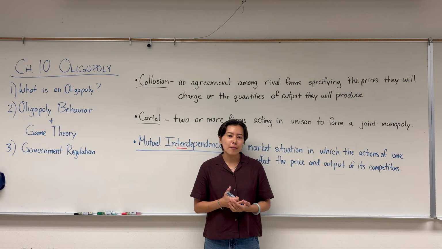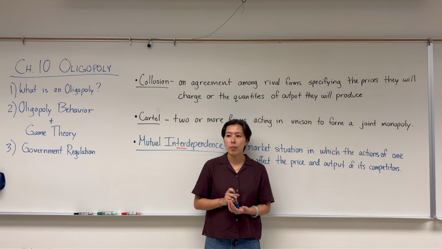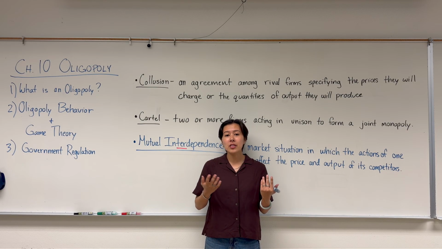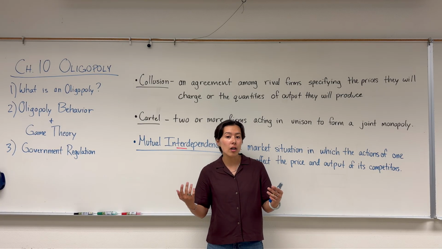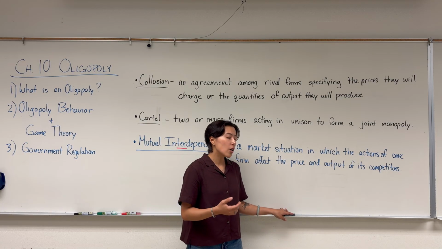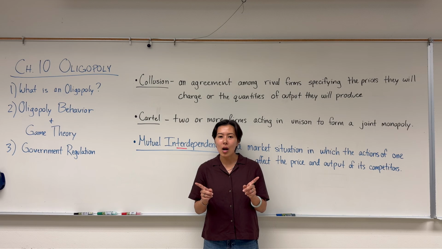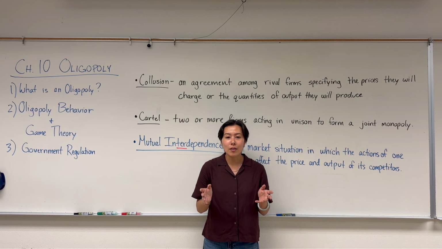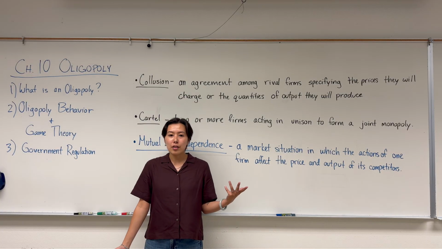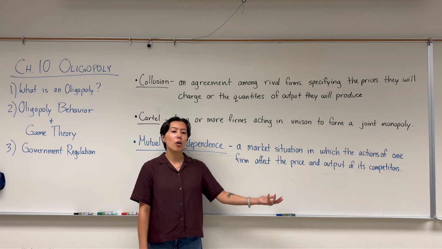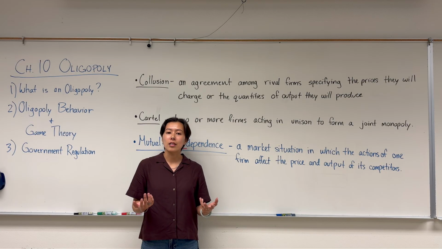Another thing that makes it difficult for oligopolies to collude and stay in this cartel formation is that they need to be able to detect if one of the member firms in the cartel has cheated on the agreement. So in the Coca-Cola versus Pepsi example, with just 2 firms or a duopoly, it's really easy for one of the firms to tell if the other cheated. If they know, hey, I didn't cheat on the agreement, it must be the partner that cheated, if they see some change in their sales or in the market price.